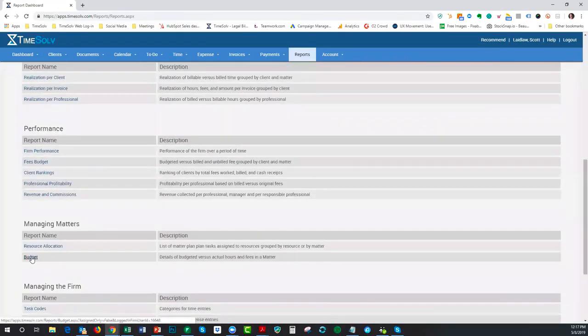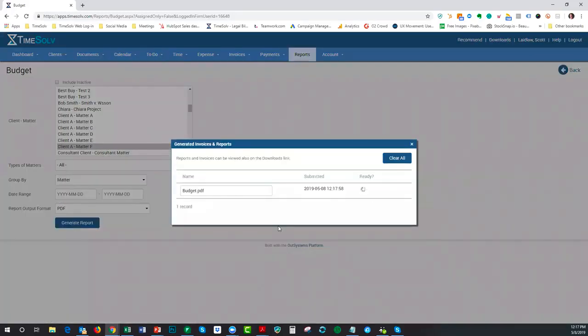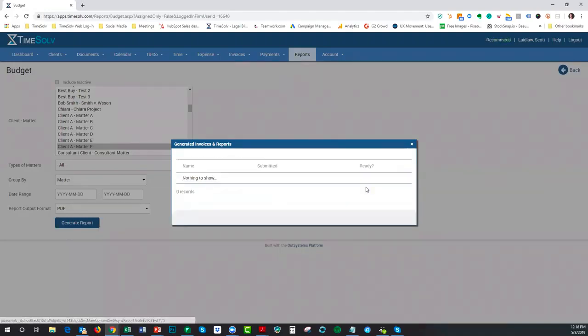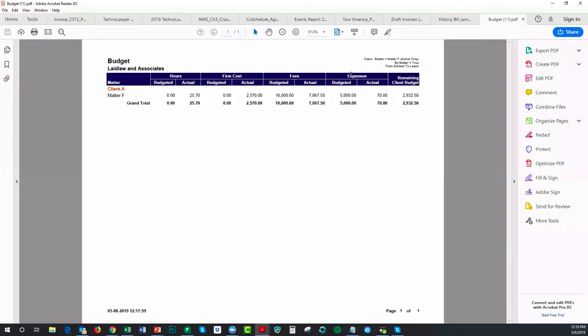go down to our budget. I'm going to choose that specific client and matter. I'm going to group by matter here, okay? And then I'm going to generate the report as a PDF. And you can see now that previously we didn't have this expense budget right in here. This will now appear on the report. And again, this is a report that you could give to your client ahead of time. You could also, if you break this down by task and you apply